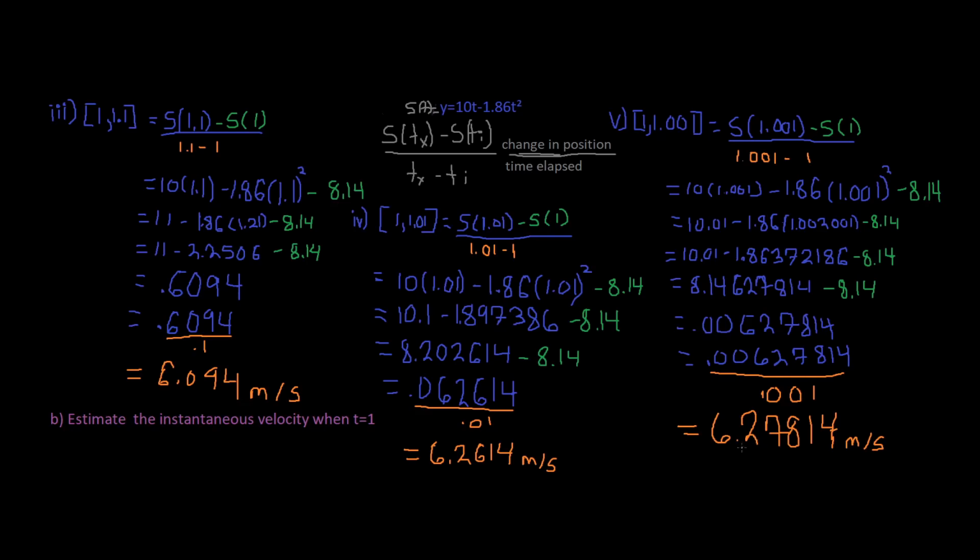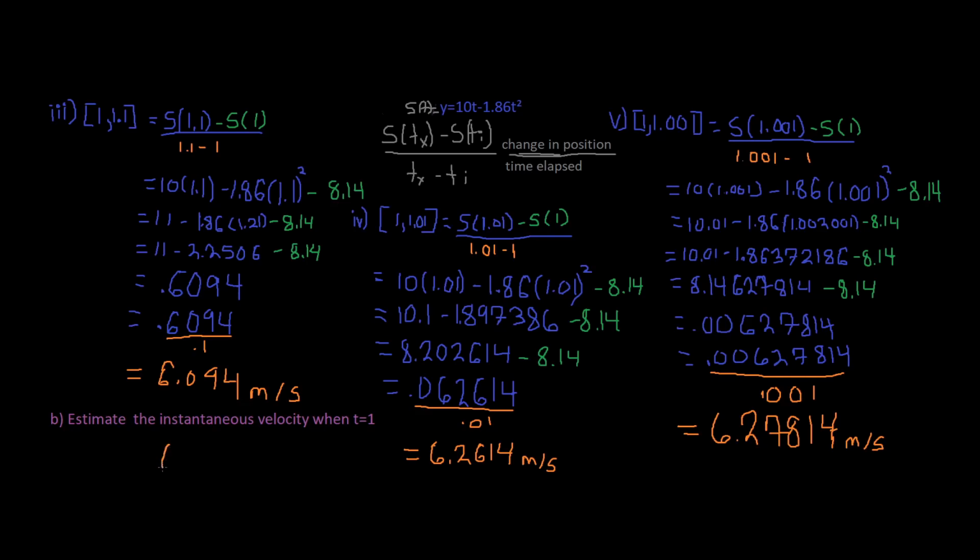We could assume that it's getting closer and closer to 6.3. Right here this is 6, right here is 6.2, right here is 6.27. So we can only make the assumption